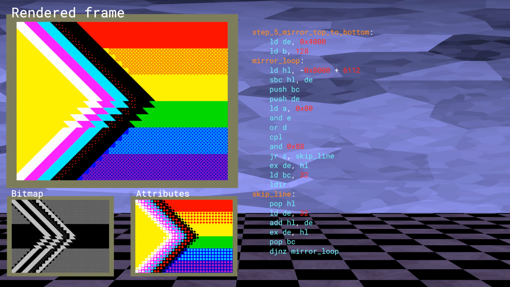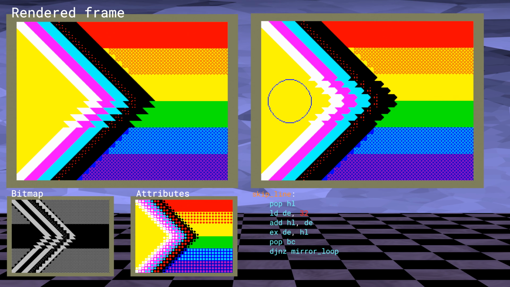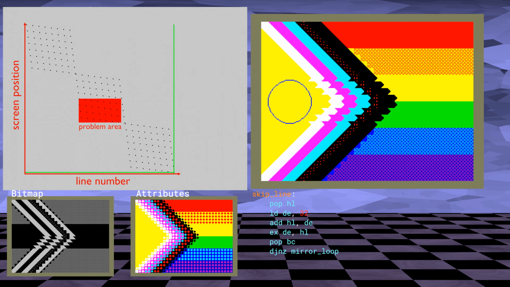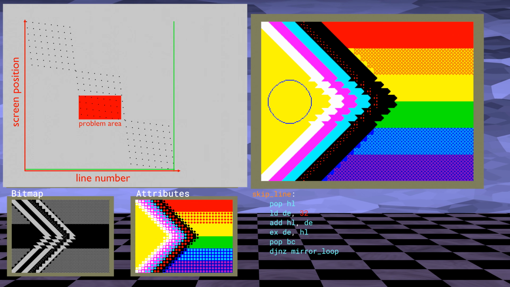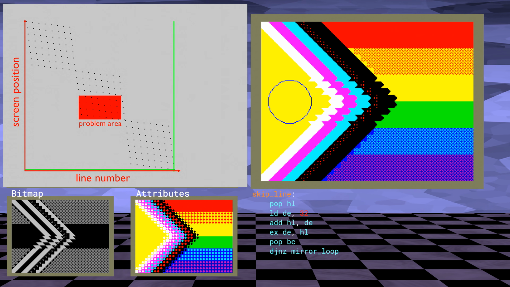Well, the problem becomes obvious when we get to the middle. Let me show you the result that I get if I remove the code that does the special handling of the middle of the screen. Because of the unusual order of the lines, it ends up copying some lines from the lower part of the screen up to the top half of the screen, and thus the effect that the center third of the screen